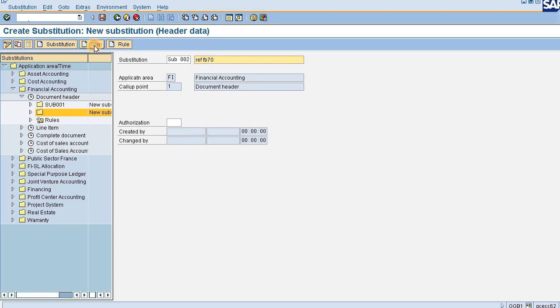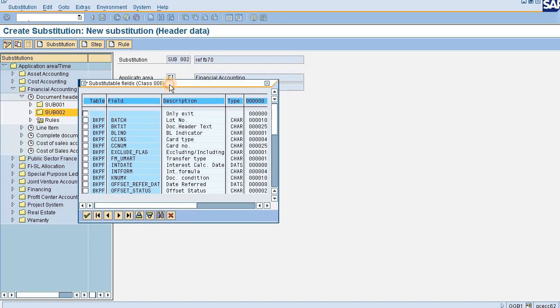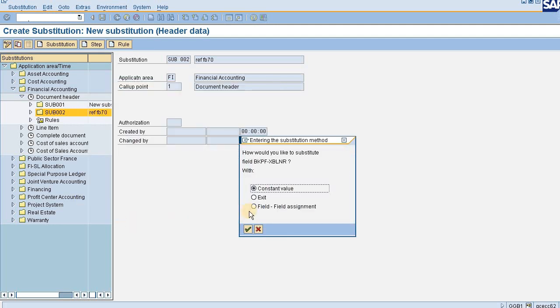Now clicking on the step. Now I want the reference field to be substituted. See, there are many fields given. As I have clicked on the header item, it means I want some of the fields in the header item to be substituted, and the reference field belongs to the header data only. All the data that has come up belongs to the BKPF table, and BKPF itself belongs to the header data. So that's fine. Now coming down, I'll be choosing the reference field. Yes, the reference field is here. The reference field is chosen. Now I'm clicking on the continue button.